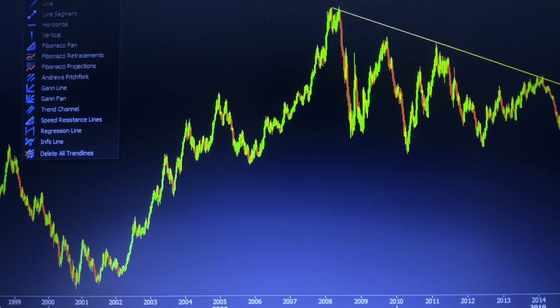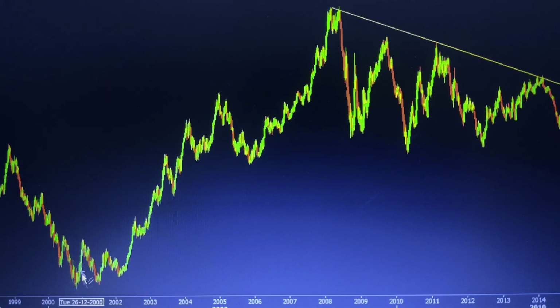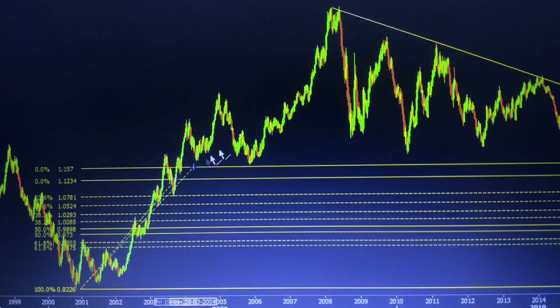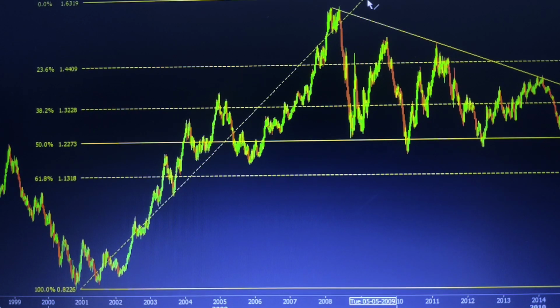We have to use this tool, Fibonacci retracement. Then we have to find the low. In an uptrend, we connect the swing low and the swing high. Here the low is this point, and the high is this level. So we are connecting these two levels. In an uptrend, we are drawing from low to high.